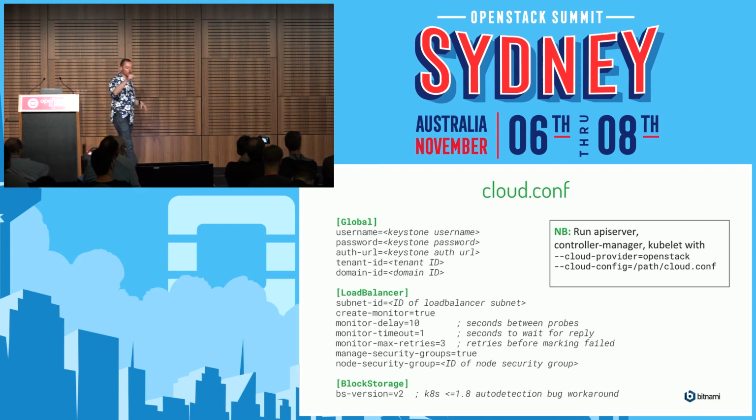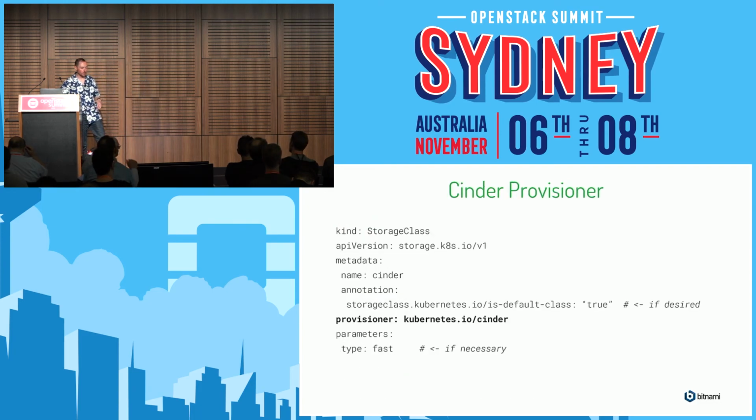Oh, the last one. If you're deploying right now, if I was giving this talk in a year, I wouldn't bother including that last line. But since I'm giving the talk right now, you need to know about that last line, which fixes the block storage version detection. We only support version 1 and version 2. We don't support version 3 yet. But the way version 3 appears in the catalog is a bit different, and it confuses the auto detection code. So you just need to bypass it to say, hey, don't do auto detection, just use Cinder version 2. It's been fixed. It just depends on what version of Kubernetes you're using right now.